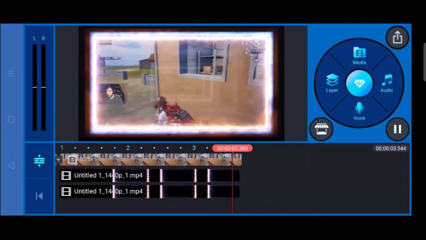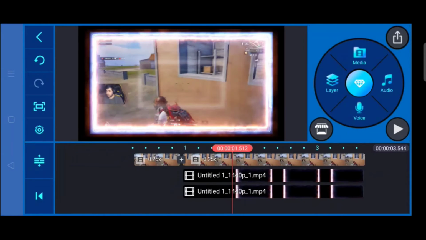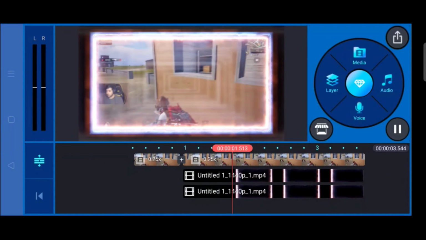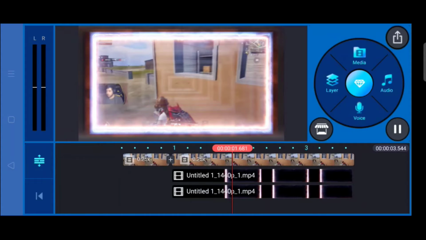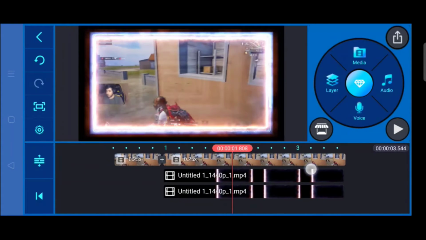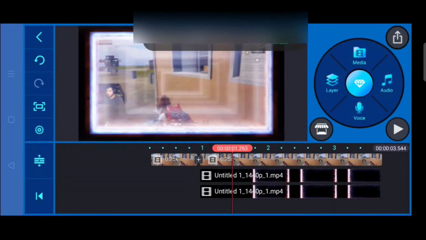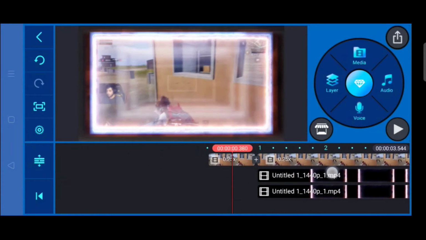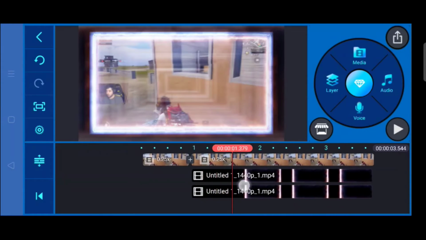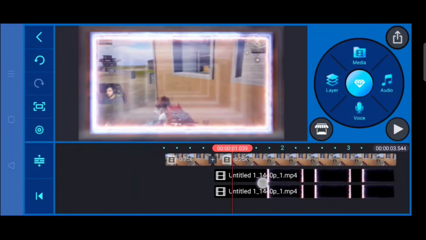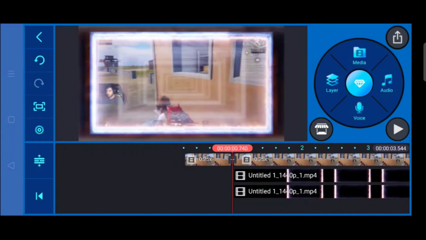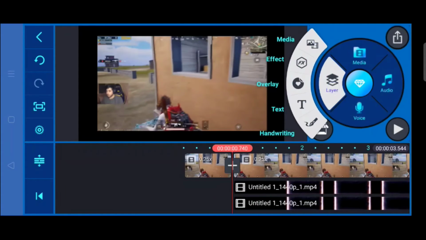Now as you can see, it's looking pretty nice. So now this effect is almost completed. You don't have to do anything else, you just have to add some more effects.